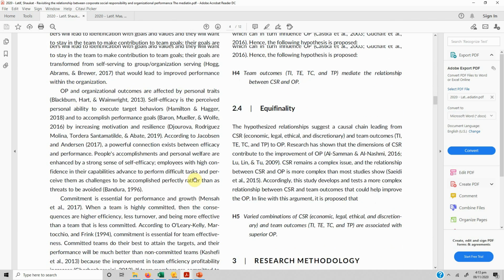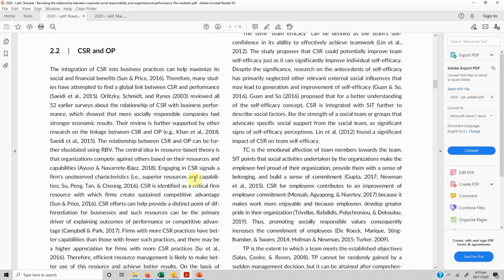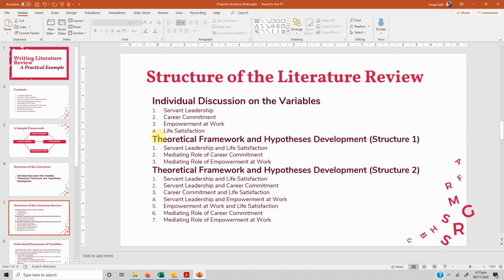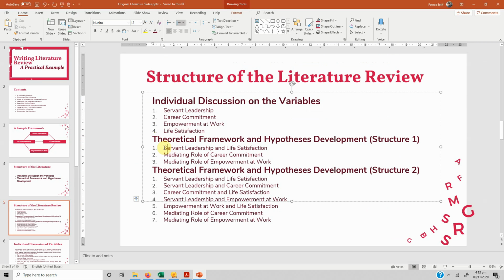So this is how you can structure your literature review. Both approaches are correct and both can be followed. So you can either make a concise literature or theoretical framework and hypothesis development section, whereby rather than explaining each relationship separately as done in structure 2, what you can do is you can present your IV and DV and